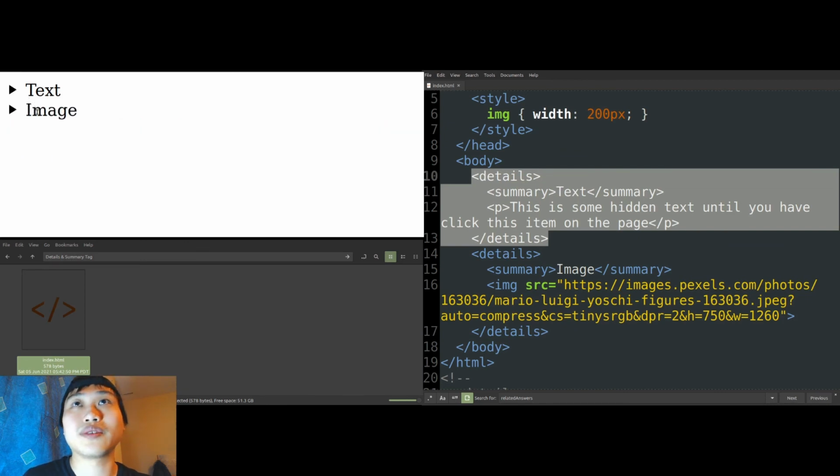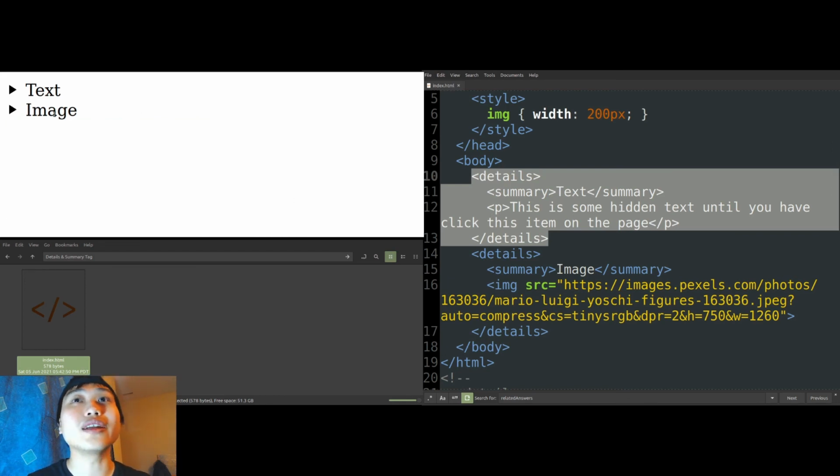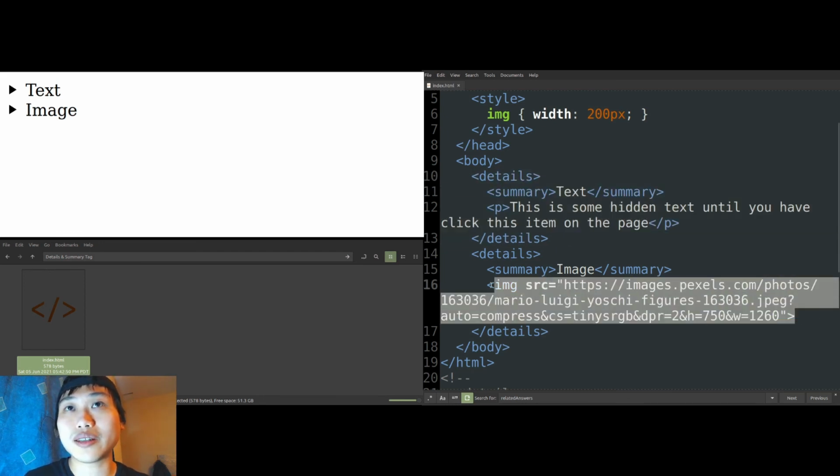And once we click again, it'll pull the element back up to where it was before. So now we'll click the image here, and then we're showing an image here. All right, and this is actually it. Basically, you can put any content within the details tag. I showed you we can do it with text, we can do it with an image, just about anything,